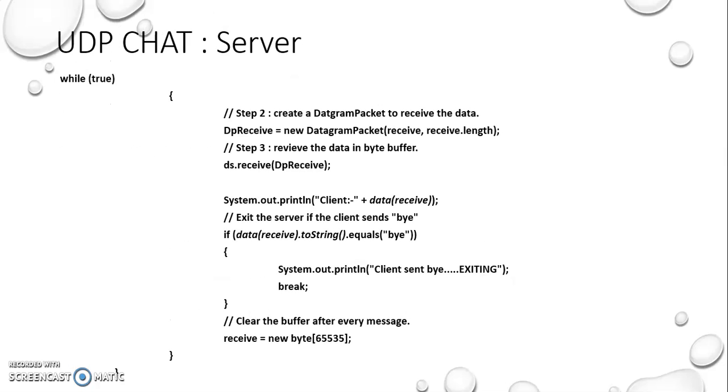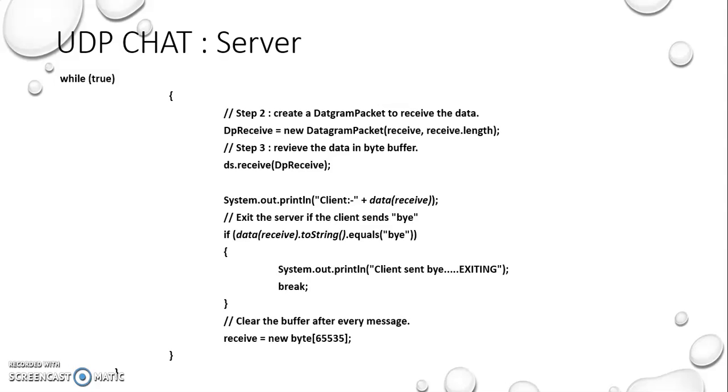As and when you are receiving some data, it will be filled. You are receiving something from the client, and the server is giving that message, client data of receive. That means whatever is received will be displayed over there.